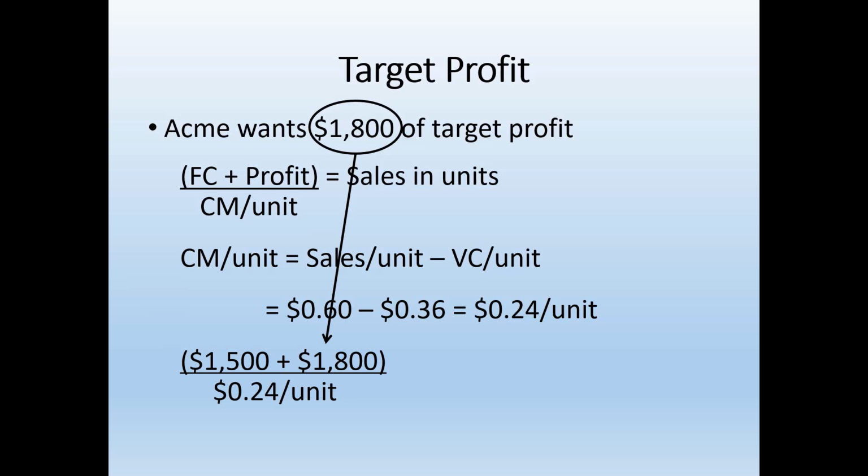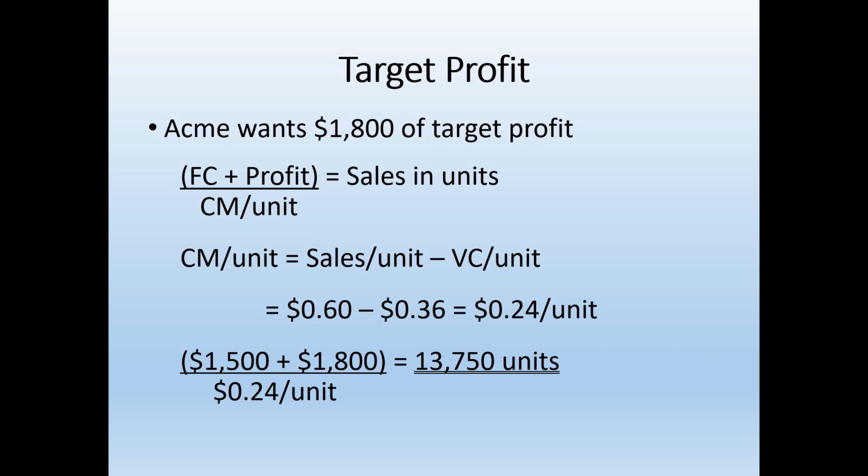When we crank out the math, we find that the firm needs to sell 13,750 units in order to be able to cover all of its fixed costs and leave the firm with $1,800